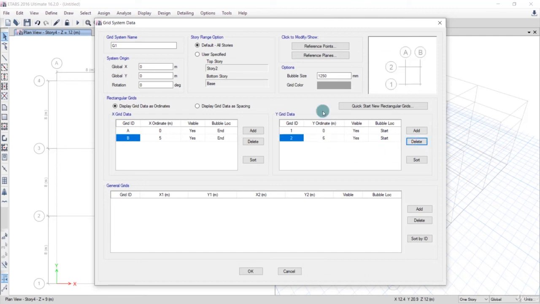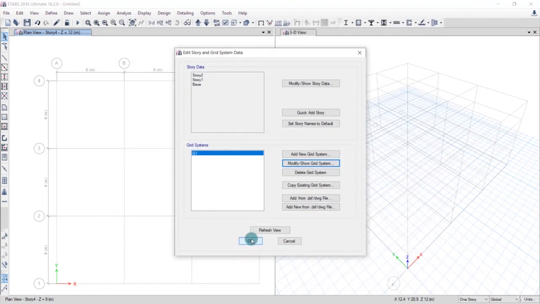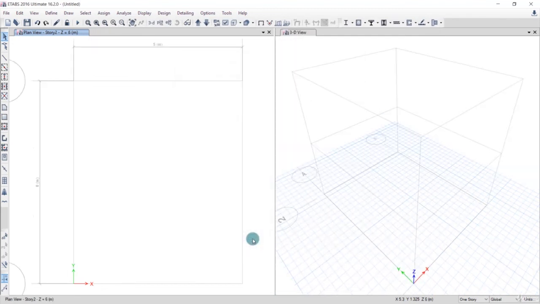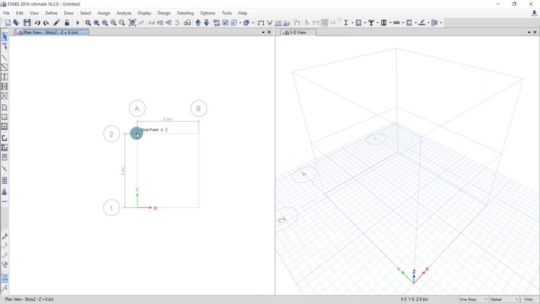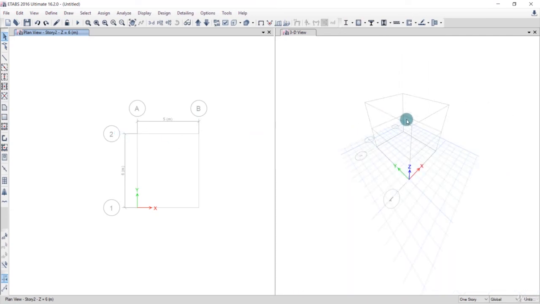Okay, so bubble size and other things, just keep them as they are and just click on OK, and just click on OK. So right now you can see that it has reduced to a rectangular box. Okay, so 5 meters in the X direction, 6 meters in the Y direction. All right, and you can see the 3D view over here. First thing after